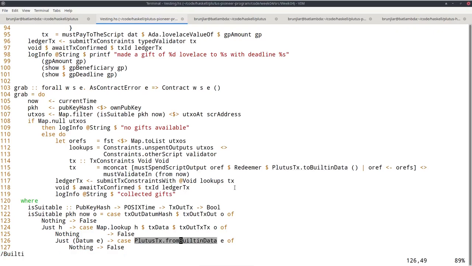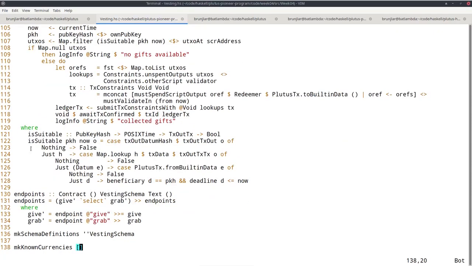And the other position where I had to change something is here in this filter function. Once I get the datum, before I deserialized or tried to deserialize it to D, which was this vesting datum type. Now I instead have to use fromBuiltinData because now it's no longer data, now it's built-in data. So I had to make those changes to make the vesting contract compile with the up-to-date Plutus version.